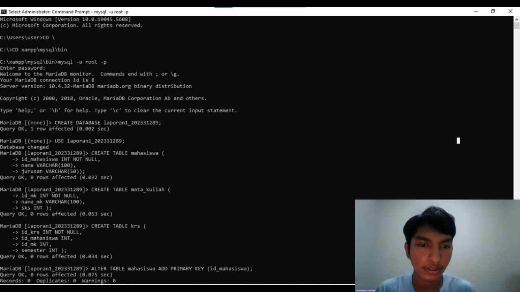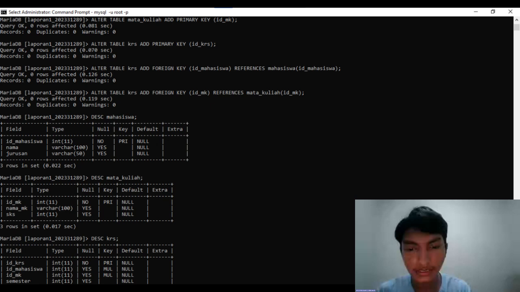And the third is alter table KRS add primary key. A primary key uniquely identifies each row in a table. Here we define ID mahasiswa, ID MK, and ID KRS as primary keys for their respective tables.